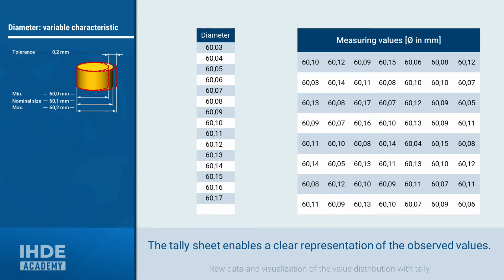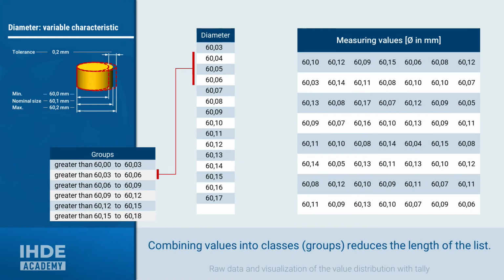Such tables can sometimes be very long. That is why one likes to combine several characteristic values in groups or classes as shown here. This already reduces the length of the table to less than half. The class width describes which smallest and which largest value still belongs to a group. So, in the class highlighted here, a minimum value of 60.04 and a maximum value of 60.06 would still be